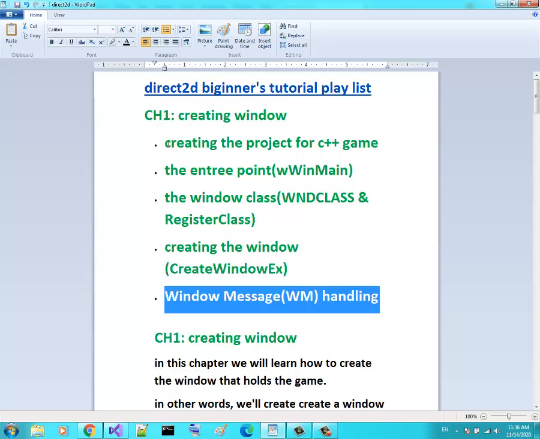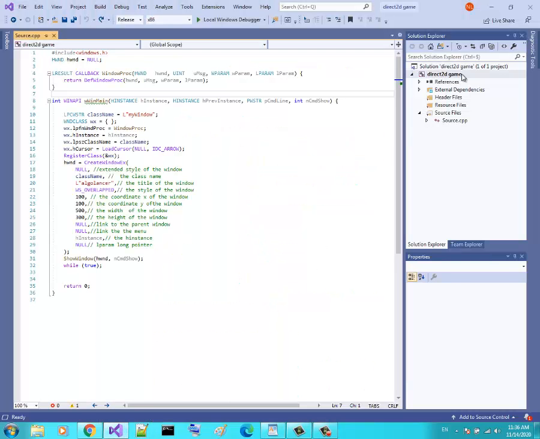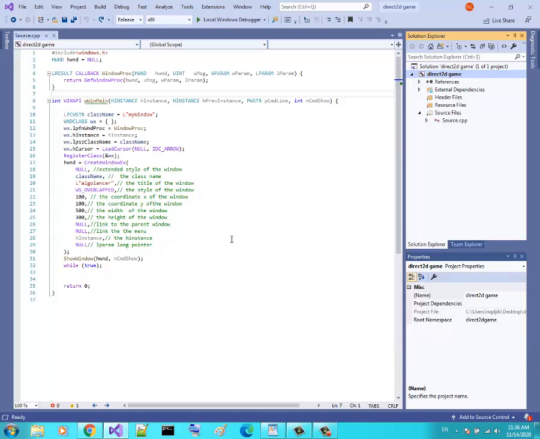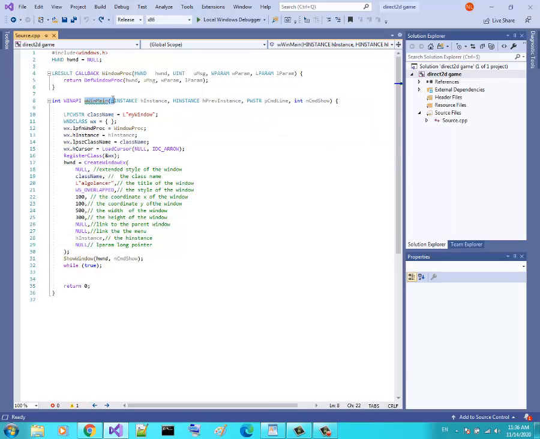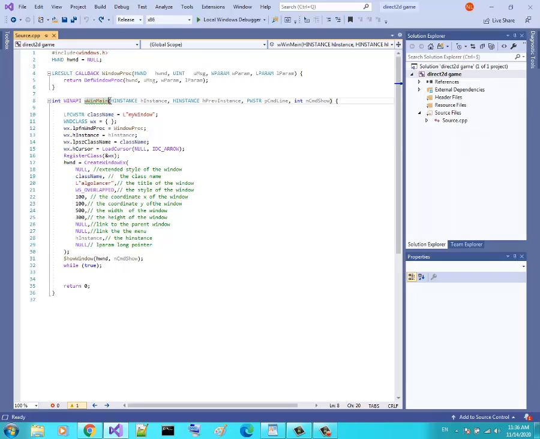In the first video of this series, we saw how to create the project for a C++ game. So we changed something here to fit with C++ game. And in the second video, we explained the WinMain entry point function. And in the third video, we saw how to create a window. And we said